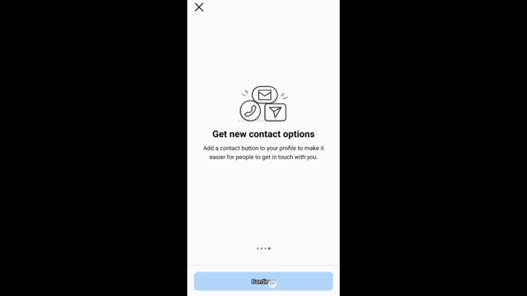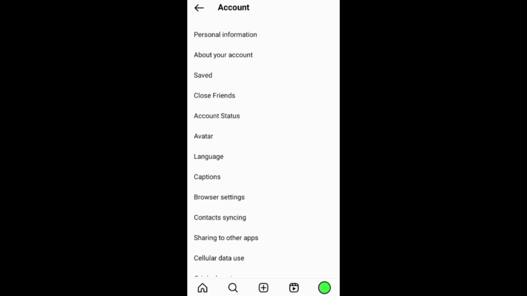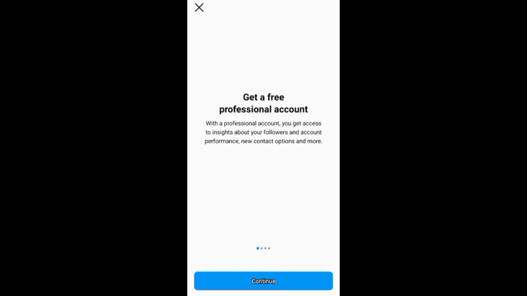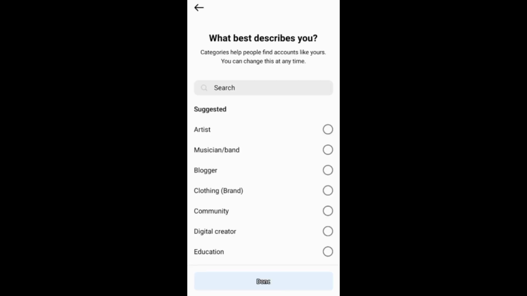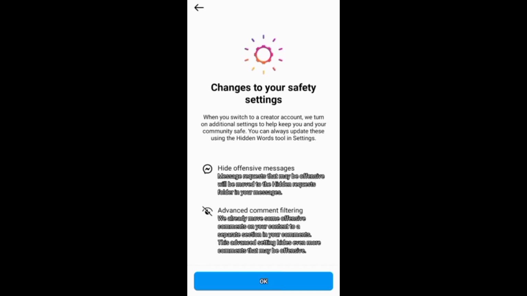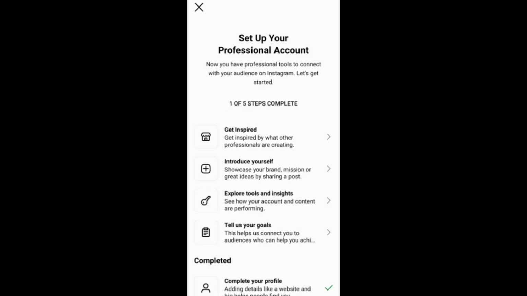You can also go to settings, then account, and go on to switch to a professional account or add a new professional account. The next thing is to select categories that describe your professional account. Then choose between creator and business accounts. And from there, you can read this info about saved settings and decide whether you want to add your account to the account center. And after that, you need to set up your professional account where you can follow some